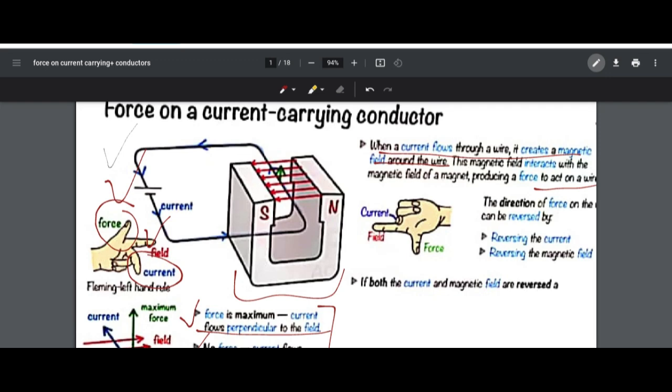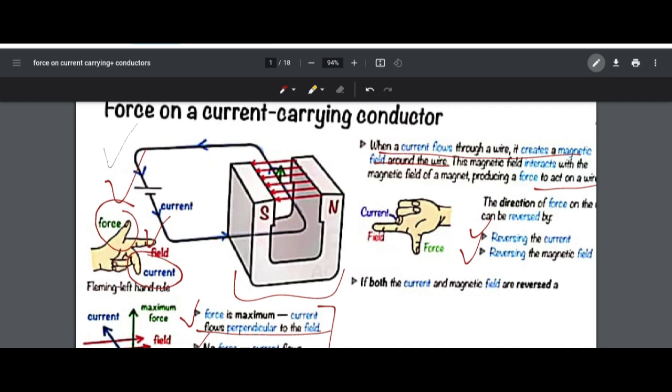The current in the wire is also producing a magnetic field. Both magnetic fields will interact with each other, and they will produce a force that acts on the wire. So the direction of force on the wire can be reversed by reversing the current or by reversing the